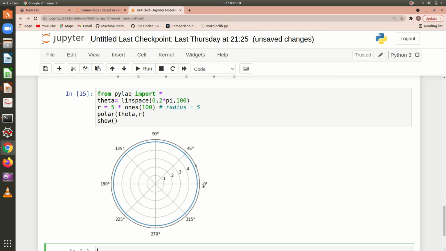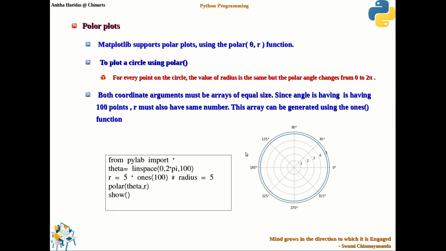Right from 0 it goes to 360 degrees, right? So 2 pi r is the perimeter. Based on that, it is going to take the values this way. So it continuously plots the data. This is the advantage of using the polar plotting function.